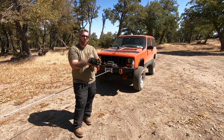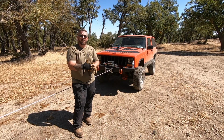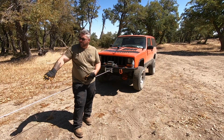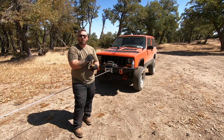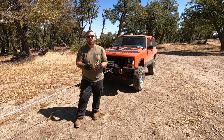Next thing we're going to do is go ahead and glove up. We want to think about safety. You never know what's going to enter your hands through the winch cable. It is a brand new winch cable, but that doesn't mean it hasn't picked up anything off the ground where we're working with it. Now normally with your winch line, you would want to stay far away from it while